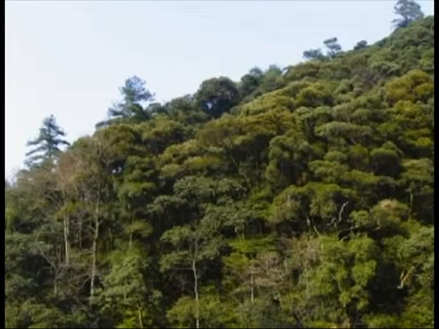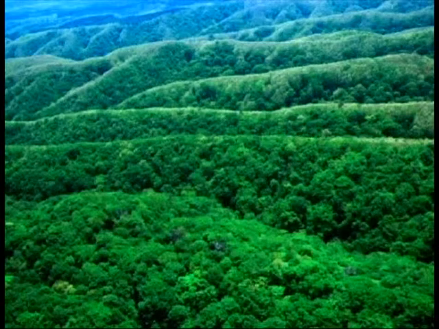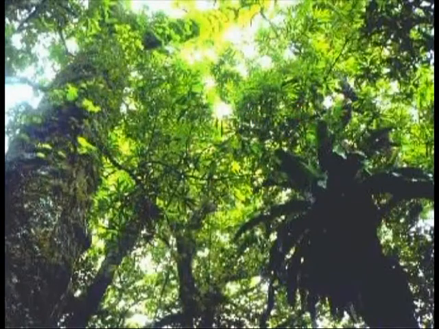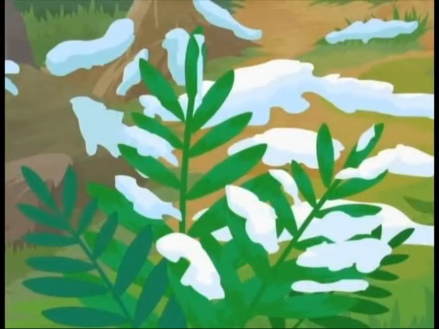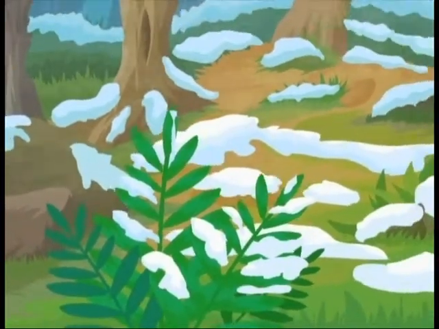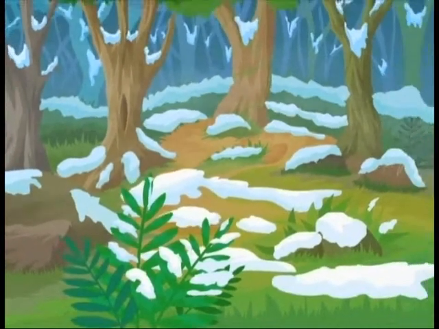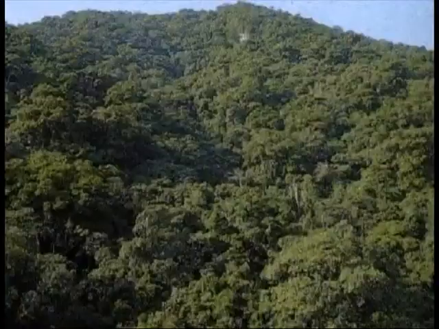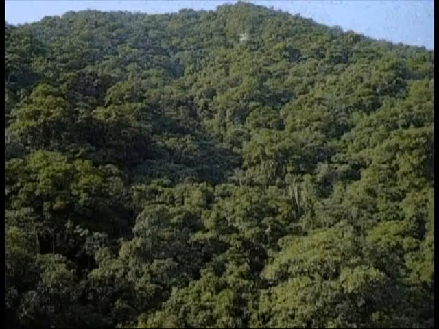Broad-leaved evergreens grow in temperate forests in warm parts of the world like New Zealand, Australia, Southwest South America and the Mediterranean. These trees have flat, leathery leaves. These trees do not lose their leaves in the winter. The leaves are waxy, which helps keep them from losing too much water in winter when the air is dry. Olive, holly, tea and eucalyptus trees are all broad-leaved evergreens.